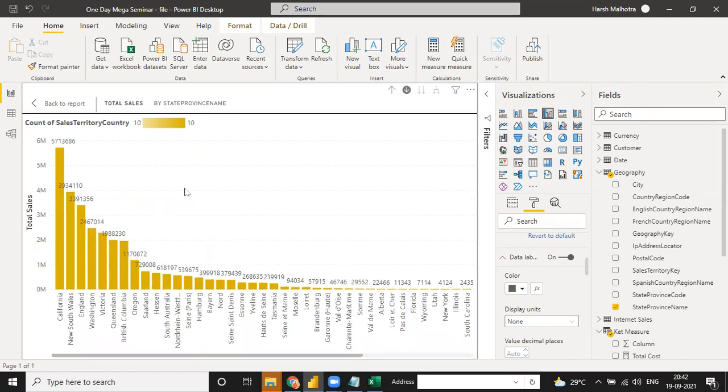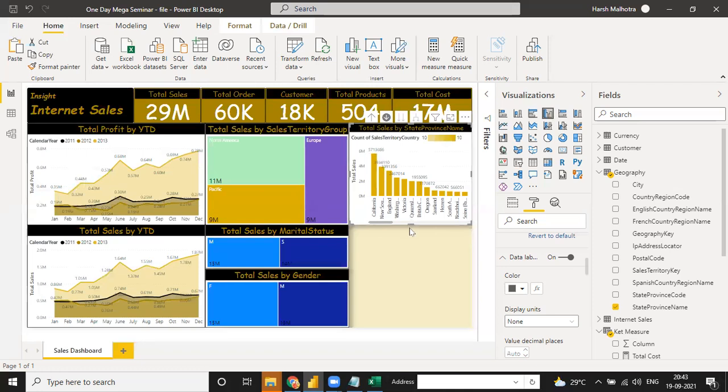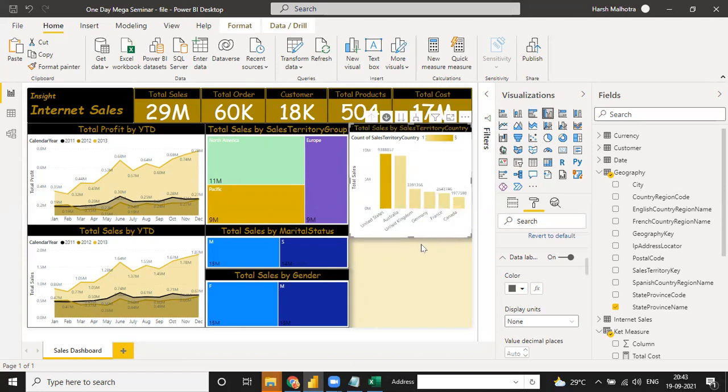Okay, so there is a reason to use this kind of chart as well as this kind of visualization, so that you can identify in which state you have higher sales or in which state you have lower sales. So click on back. When you go back to your report, your visualization will be on the same page. So I just click to drop down this one, just the United States of this kind of sales.